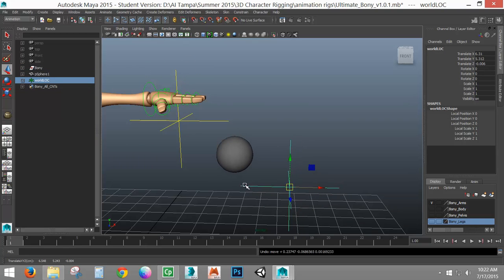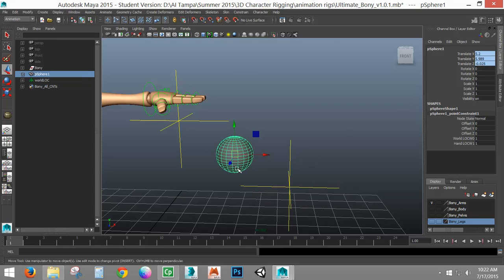Now, the reason it is floating in between these is because this point constraint has been applied to two objects, and right now it believes it has to follow both of them. We need to tell it to only follow one. So if you select your object, in the channel box on the right, you will find your point constraint, and you will see your node state, which is normal,